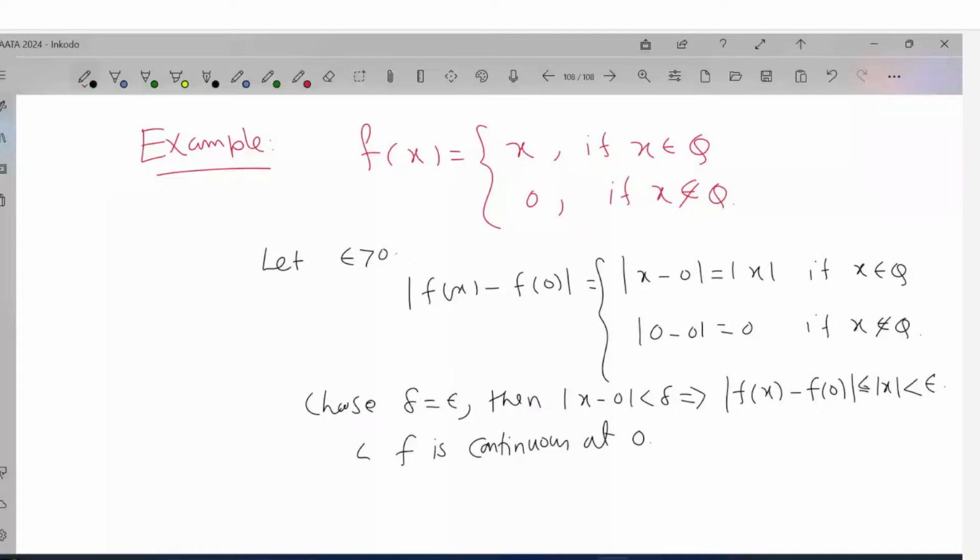How to show that it is discontinuous at any other point? Let's say c be a point, and obviously c is not equal to 0. Take a sequence of rationals, then c_n converges to c, and a sequence of irrationals also converges to c. So that is not possible. Got the idea? Suppose you have x_n be a sequence